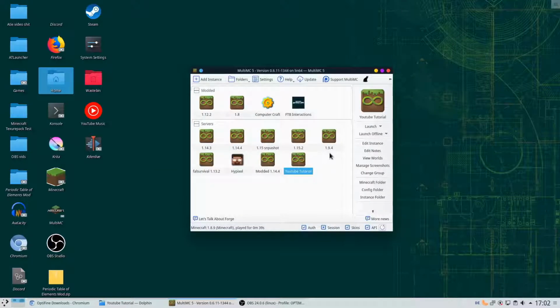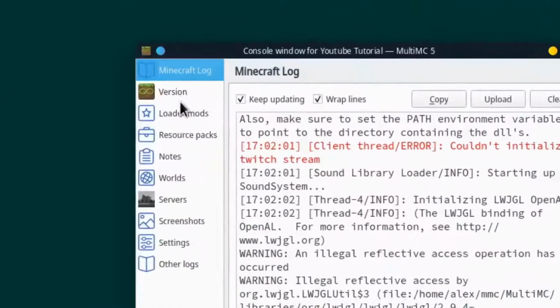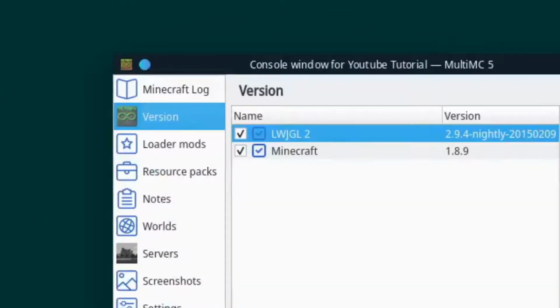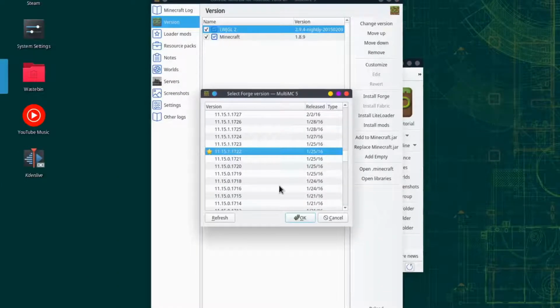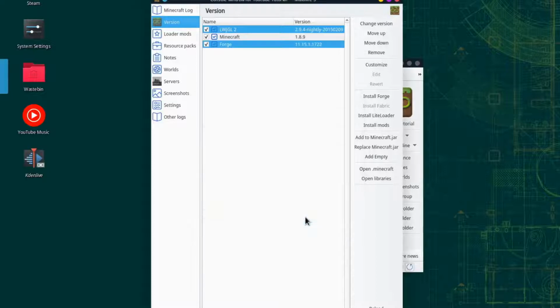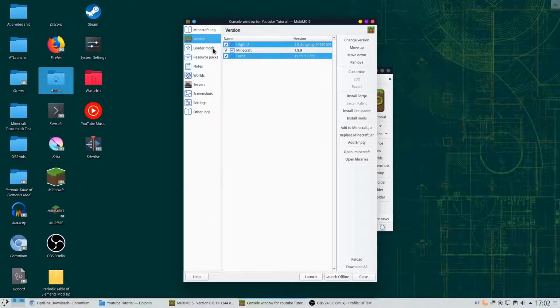Okay, so the next thing you wanna do, go to edit instance, version, and install Forge. You wanna take the one with the star because that's the most stable version at the moment. And press OK and it's installed. Next you want to go to